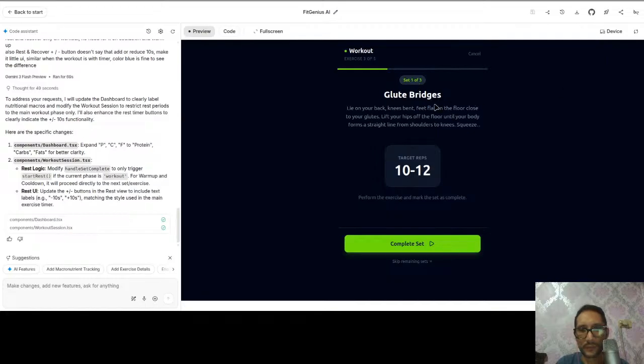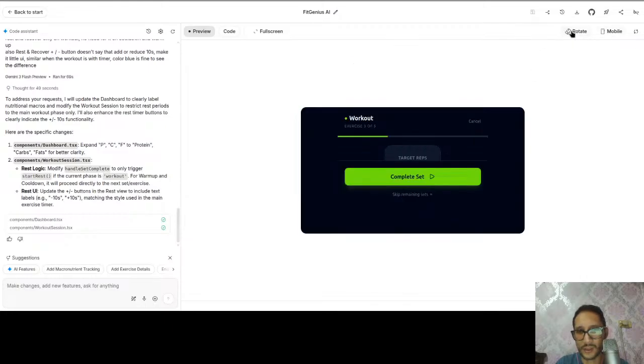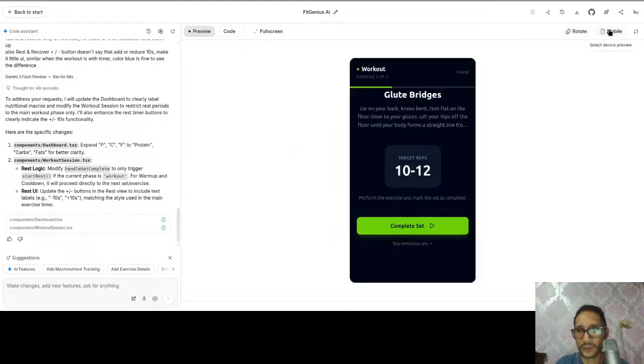So it's okay, no need to change that. But maybe on mobile we can make the change, and it should not be able to rotate. I will tell that.